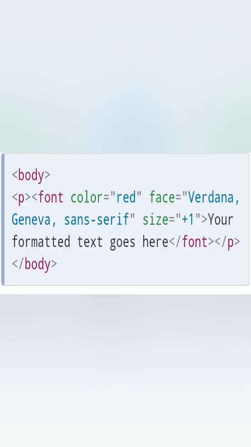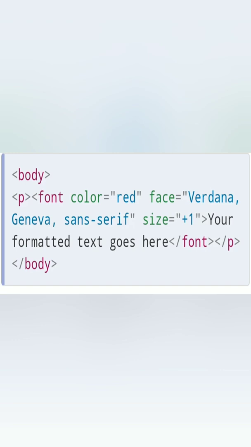See here, font has a starting tag and font has a closing tag. It means font is a container tag. Two types of tag are there, container tag and empty tag. Font is a container tag. See here another example. In a paragraph we give the font tag, so the color is red here.